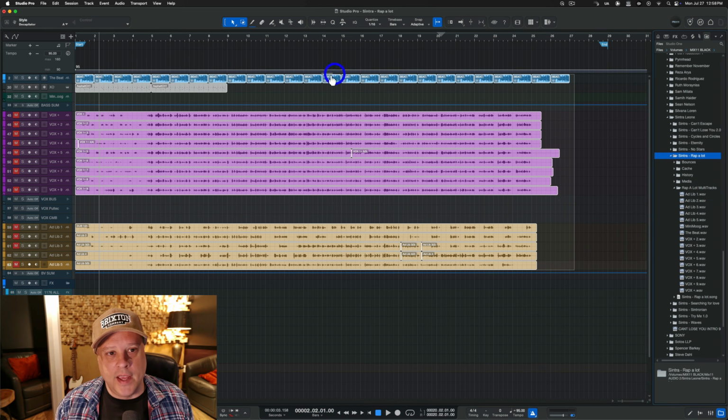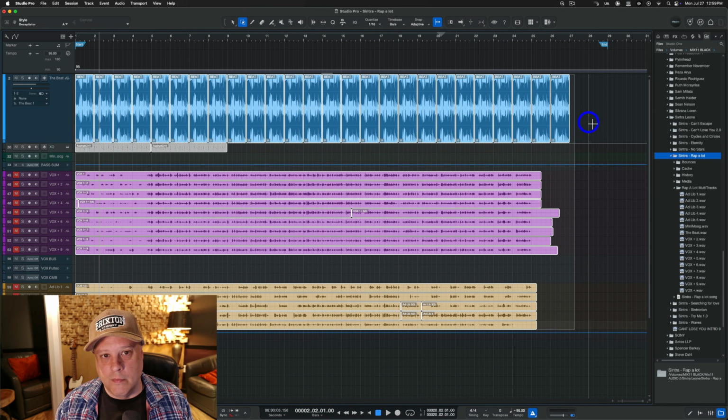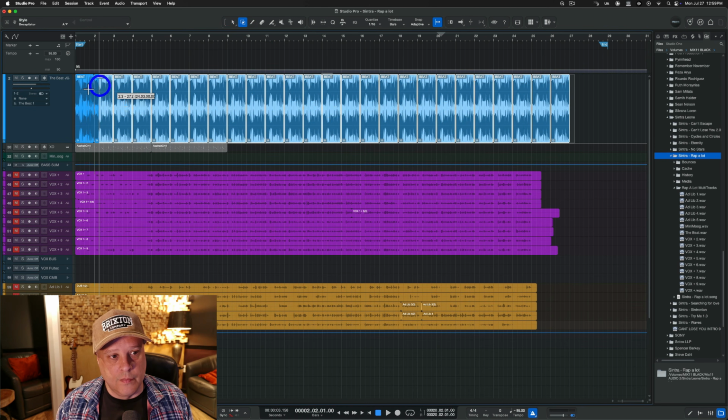Okay, so what did I do in that? First off, you have to have the range tool. Different ways to get the range tool. You can either click range tool or number 2 on your keyboard, or if you're in the smart tool where it's all of them, it can be the top half of the audio channel. Anyways, you need to select them with the smart tool. The reason for this is if you select them with the arrow tool,